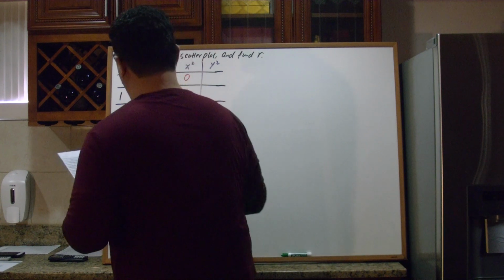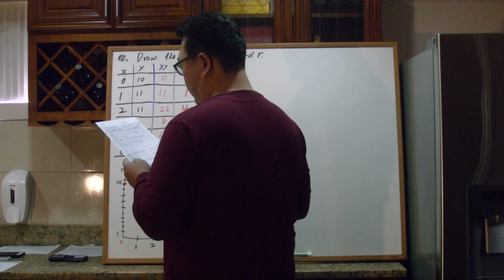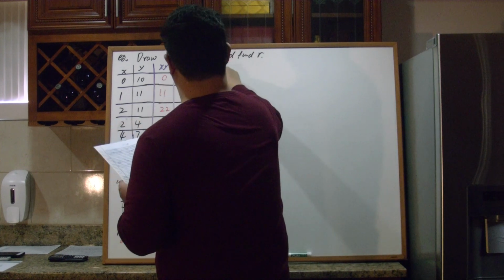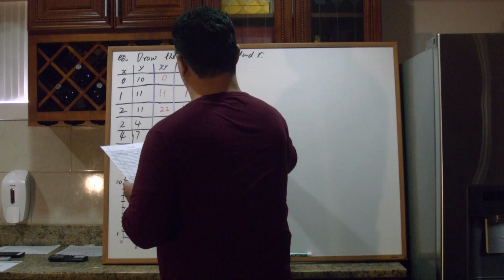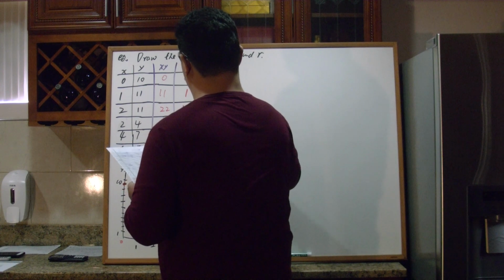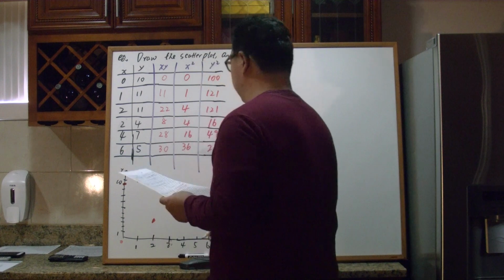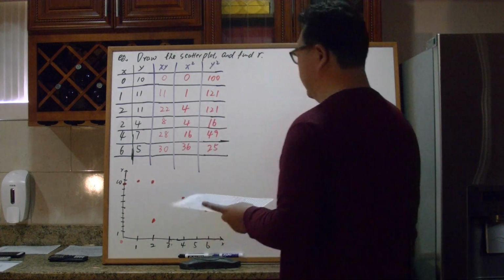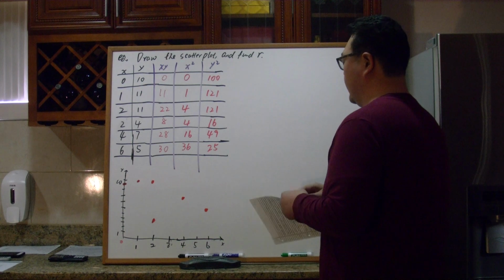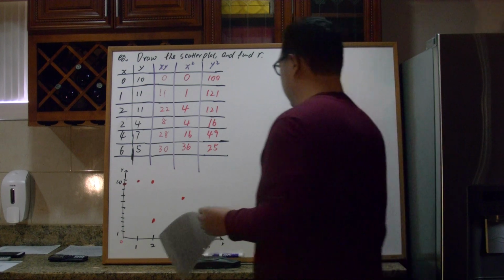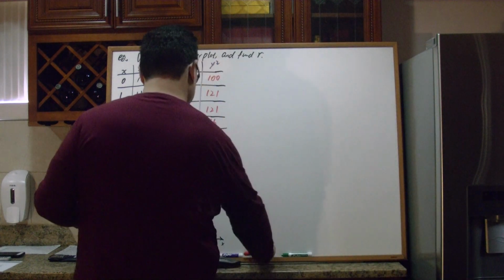The square of y is taking the square of y, right? 10 squared is 100, 11 squared is 121, 4 squared is 16, 7 squared is 49, 5 squared is 25. Right, that is what we get. And then we add all together to get the sum of each column,